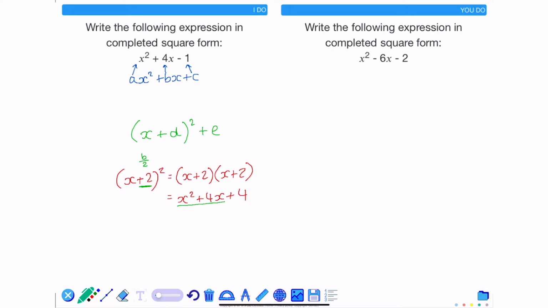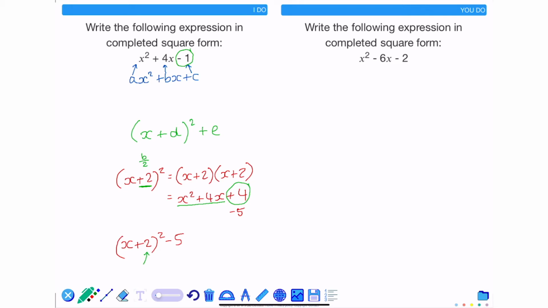But you'll notice that the value of c is negative 1 in the original quadratic, and here is plus 4. So if I was to take away 5 from 4, this would give me negative 1. So that means that x plus 2 all squared needs to be shifted by minus 5 to give me the original quadratic. To summarize,